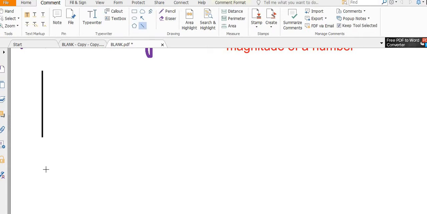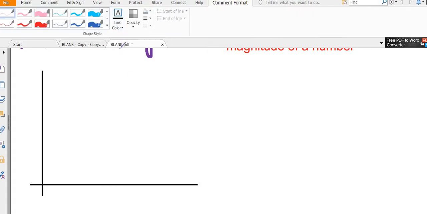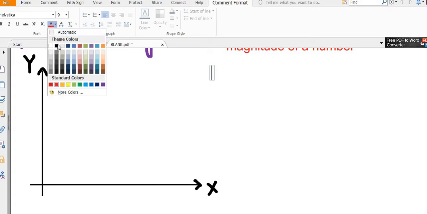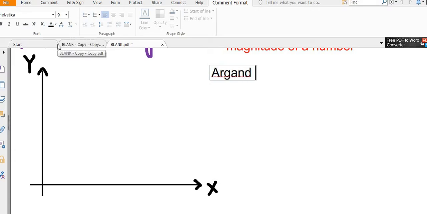Basically, we'll be looking at how a complex number can be represented on the Argand plane or the two-dimensional plane. So let's say that this is my Argand plane, my two-dimensional axis or two-dimensional space. So this is my x-axis, or the horizontal axis, and this is my y-axis, or the vertical axis. The two-dimensional space corresponding to a complex number is called the Argand plane. So let me just write that down. Let's say this is my Argand plane. So I want to put it in black. So Argand plane. Right? So this is my Argand plane.